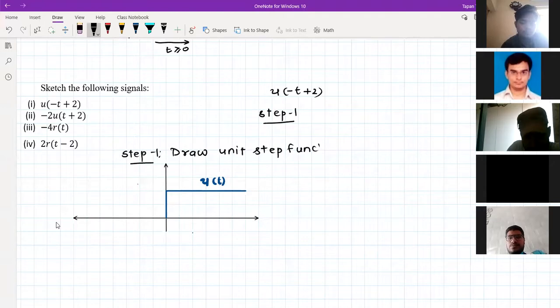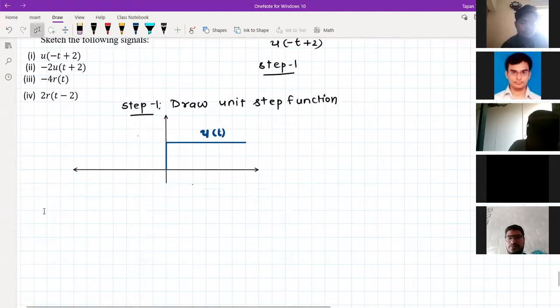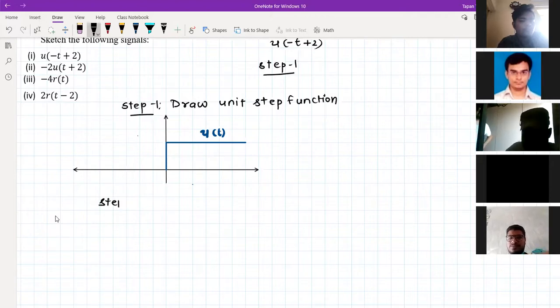Why? Because the unit step function will be modified to get u of minus t plus 2. Now step 2 will be,